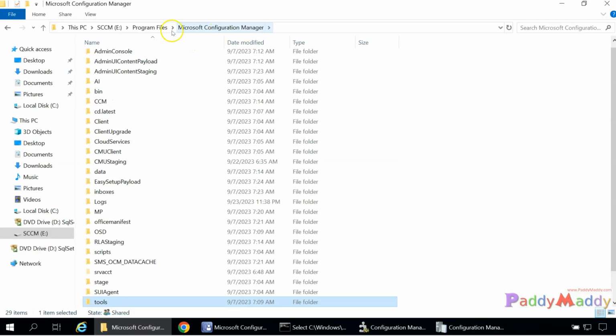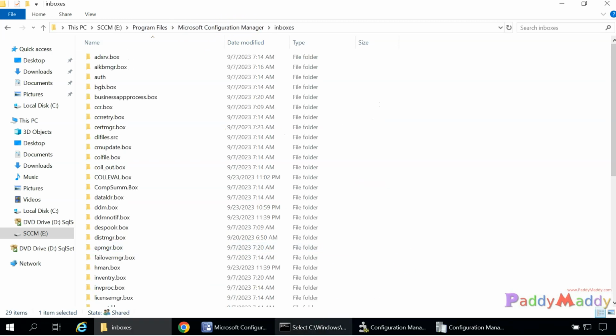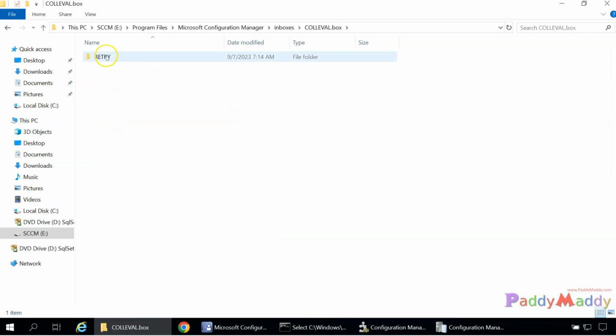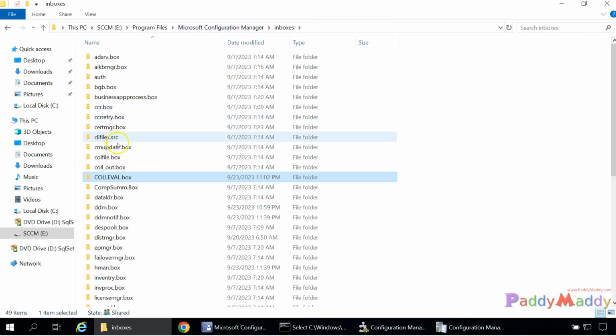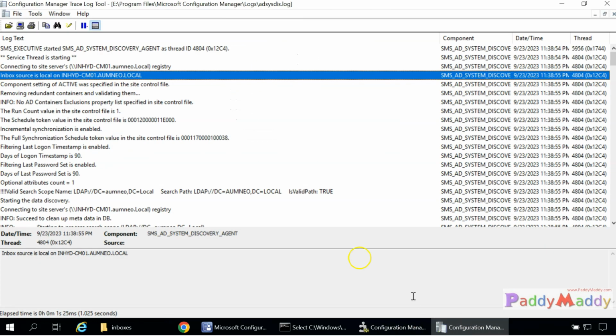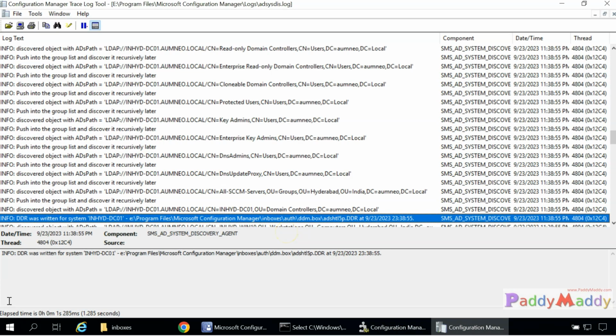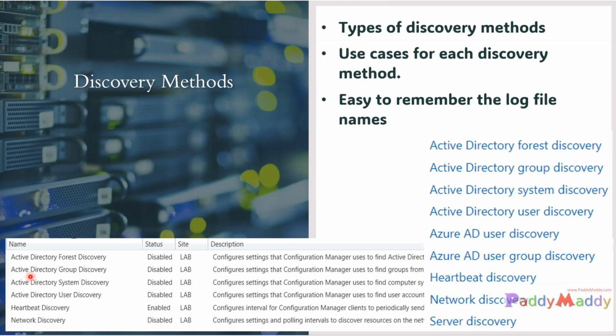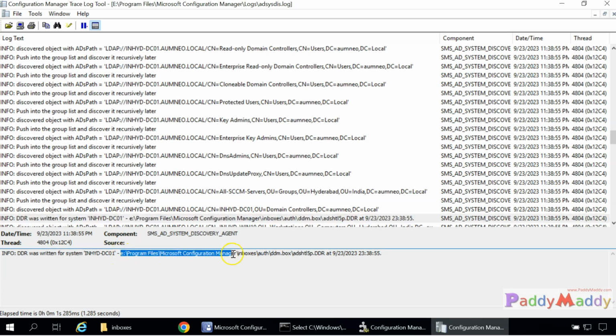Inbox is here: if you go to Program Files, Configuration Manager, this is what the inbox is. Every component that we learned so far will have its own folder. Within this folder, there could be multiple folders. Some of them are retry, some of them will have in process. For example, in the beginning of this log, it said that this is the inbox server. Within this inbox server,